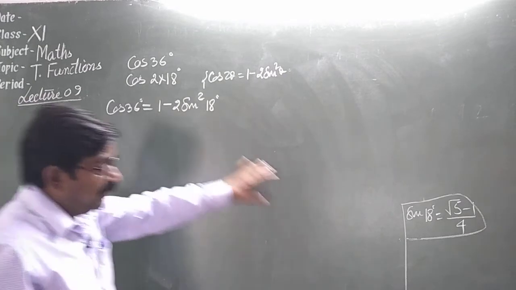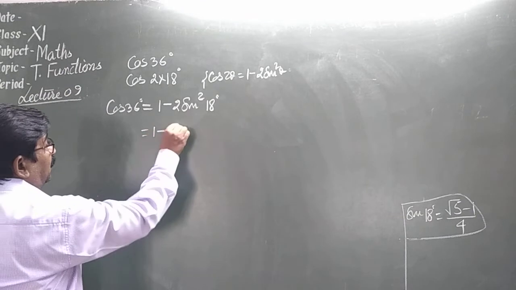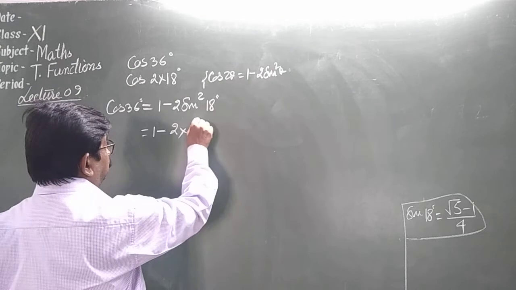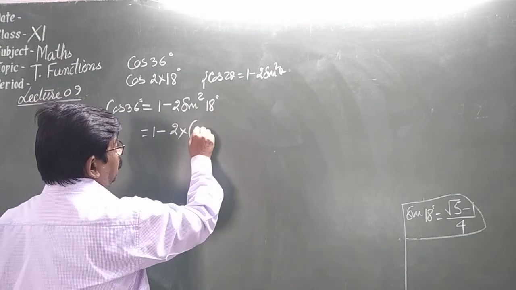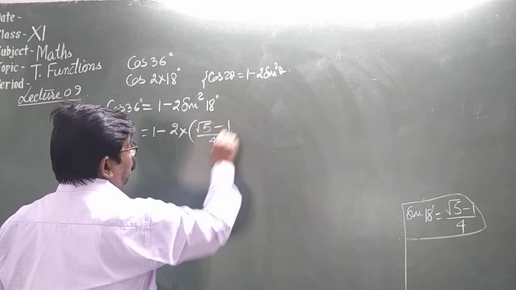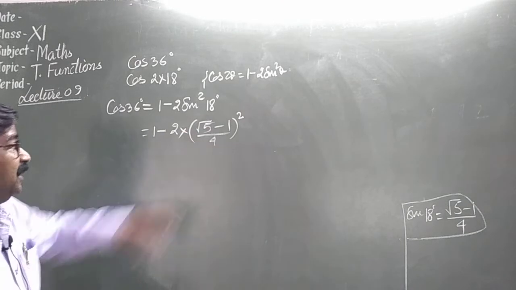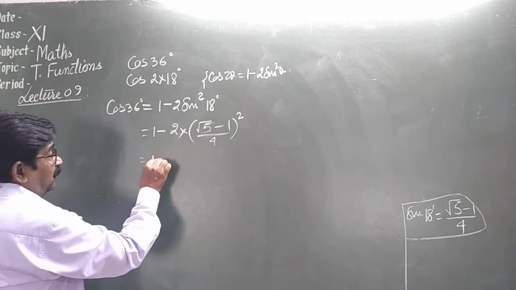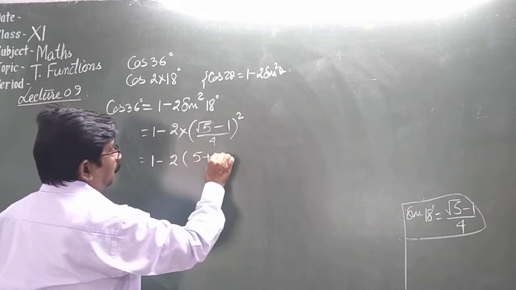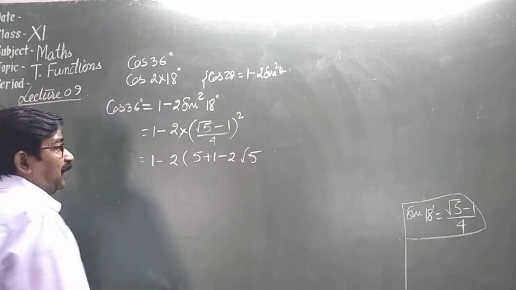Sin 18 you are aware of, so we can write the value. 1 minus 2 times ((under root 5 minus 1) upon 4) whole square. This is sin 18 degree. This one is 1 minus 2 times, this can be broken, (5 plus 1 minus 2 under root 5),